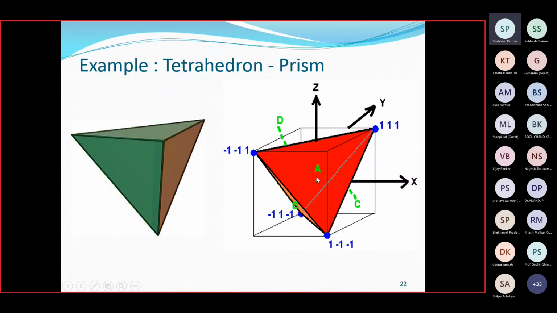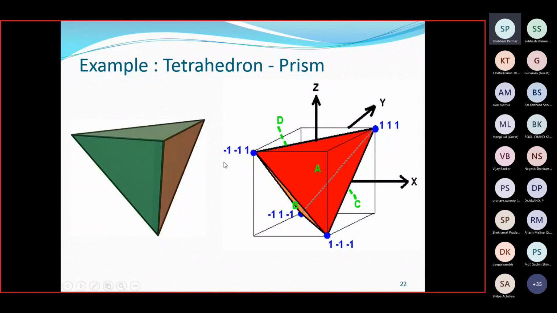So see, A, B, C, and D. 4 surfaces are there, and each one has its own coordinates. So 4 different triangles are there, and the triangles have their own coordinates.